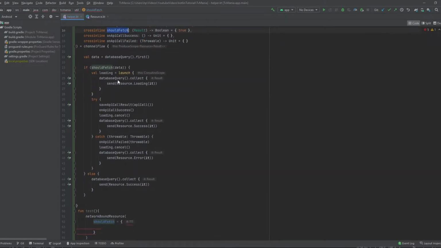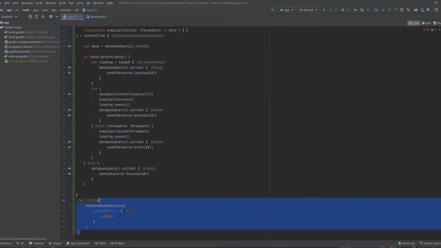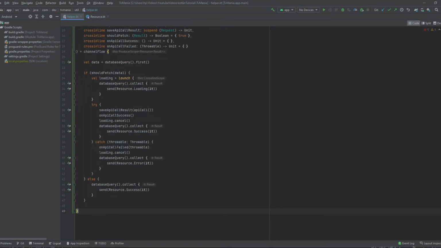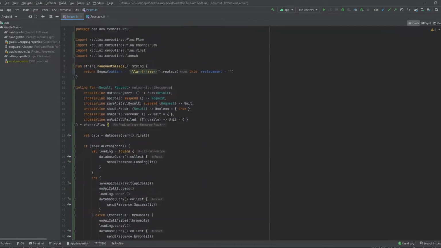Should fetch, it's an inline function, but with a plus feature that if we want to, for example, do an early return here, we will do return at a label, but we can't use only a return without a label. So this is basically the purpose of using crossinline, and it will take in parameter